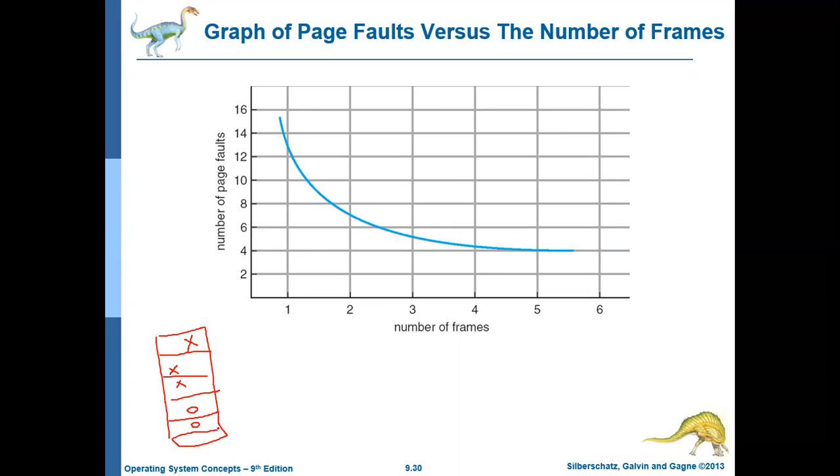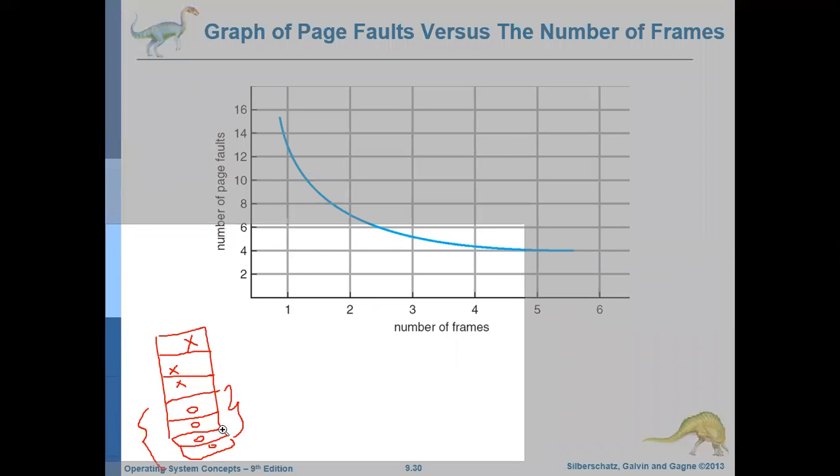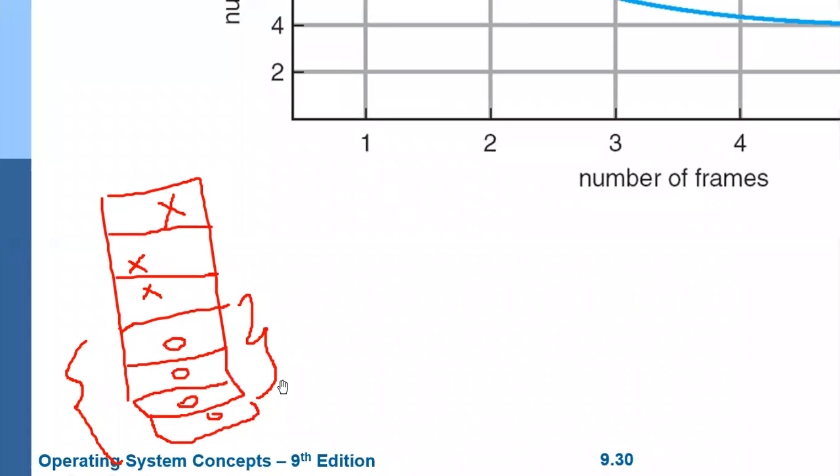This graph shows that as the number of free frames increases, the number of page faults will decrease. The more free frames there are initially, before a process is brought into the main memory, the fewer page faults there will be. You can observe from the graph, let us assume there are 10 free frames. Now you want to bring a new page into the memory.